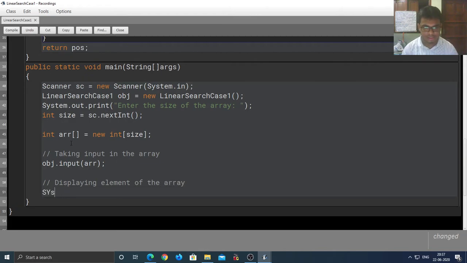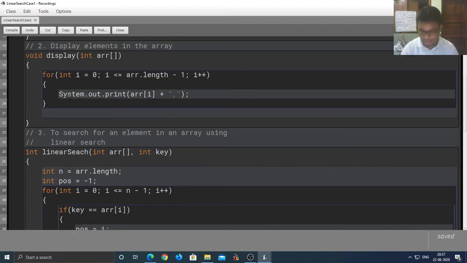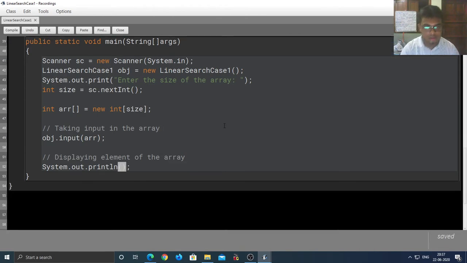So let's give a message. System.out.println. And I would like to make a small change here. That is, we're going to add this line such that after displaying all the elements of the array, the cursor goes to the next line, right? Because we are using print here, right? So we're going to display the message: the elements of the array are